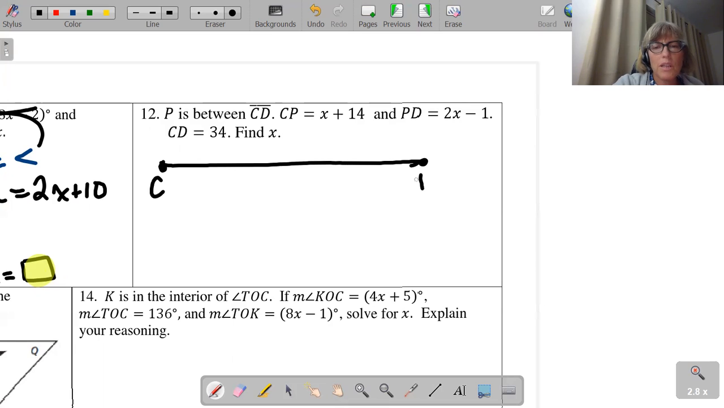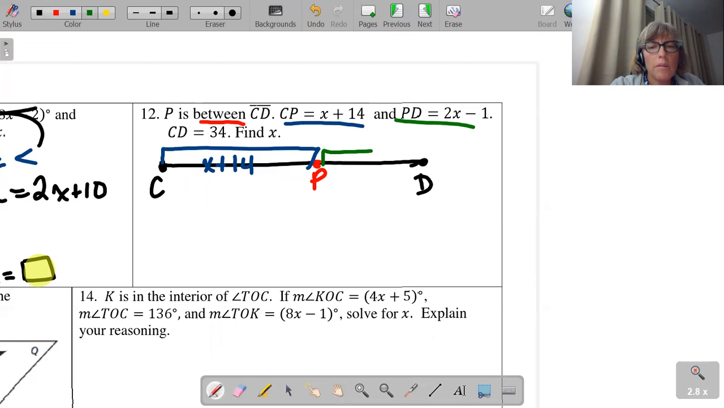You have a segment CD, and it says P is between. Between does not mean middle. Once again, it means offset it. And we have C to P. I always like to use colors and brackets. X plus 14. And P to D. 2x minus 1 equals C to D,